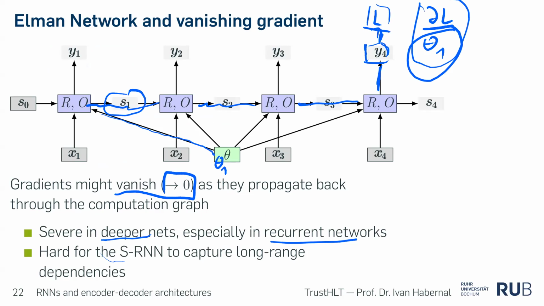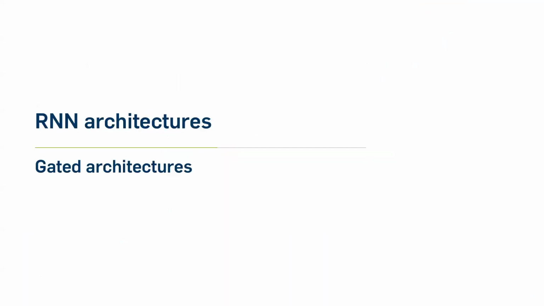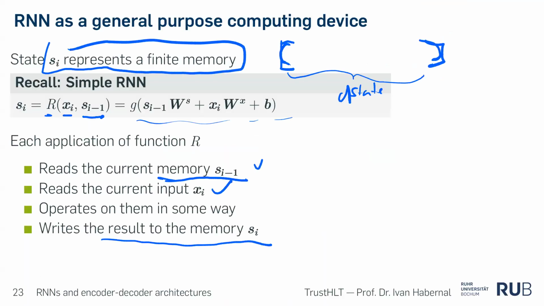Why do we call it a memory? It remembers everything from the past. We can call it a state, we can call it a memory because it somehow remembers everything we've seen before. So now we start calling it a memory and we say, okay, actually what we're doing in this R function is that we update the memory. So we tell the memory what should be stored in it. We say, oh, you should remember everything from the past and here's how you update your memory. This is our change of perspective.